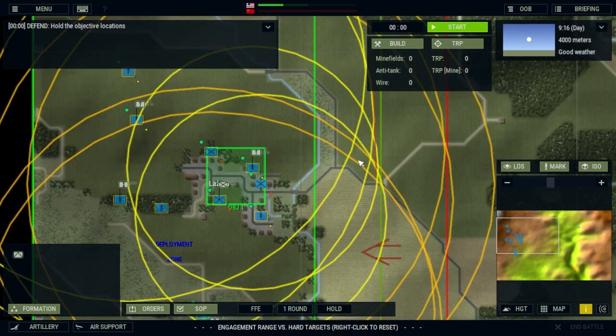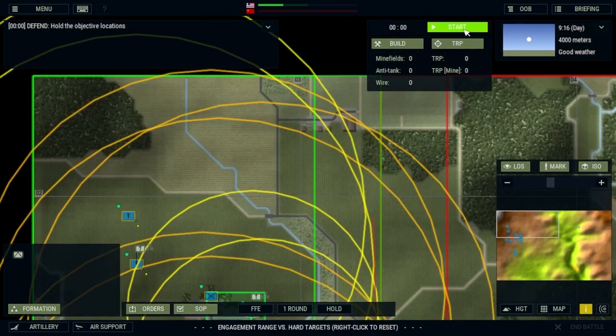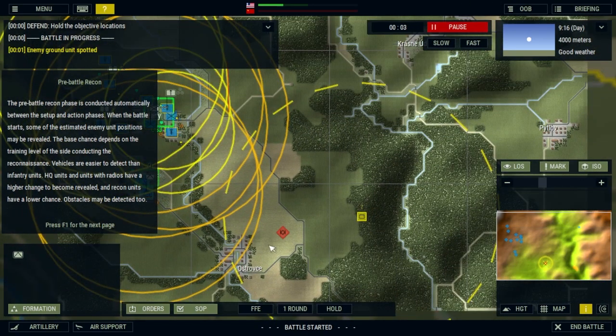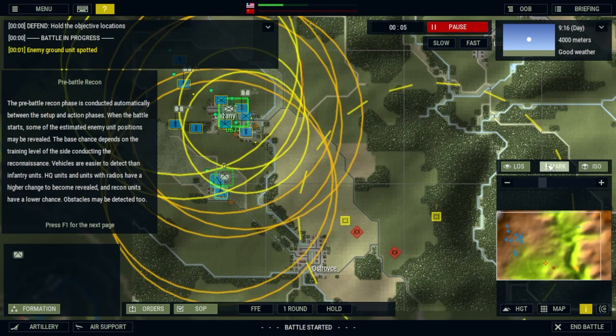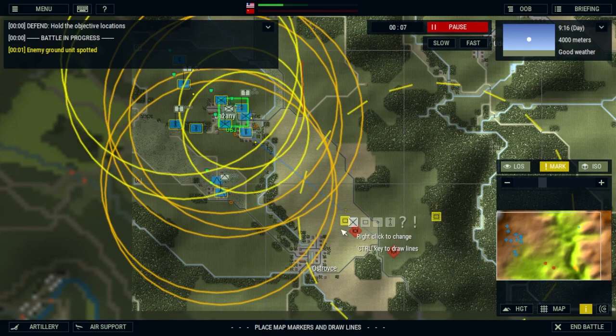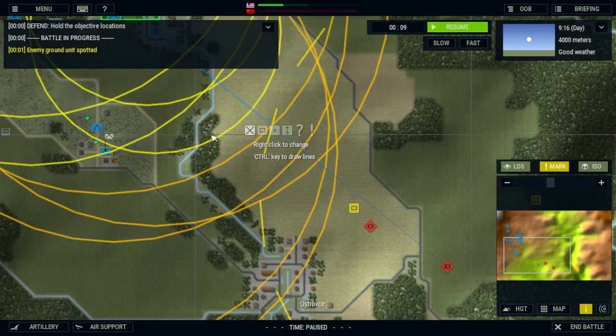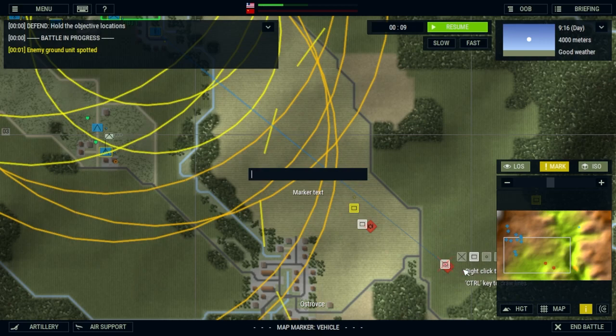All right, and I know this looks like complete mush, but it's designed to be that way. So right here, we have tanks already identified. We can mark that as a BMP. So let's pause real quick. We didn't really spot this, but if we wanted to, we could mark these units with the mark button and say they're right here,